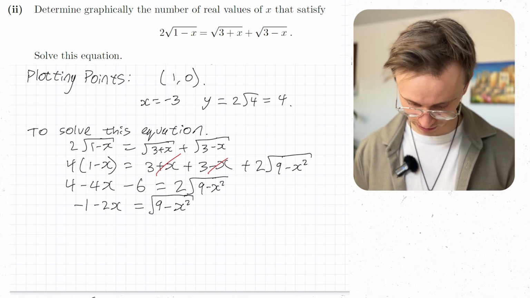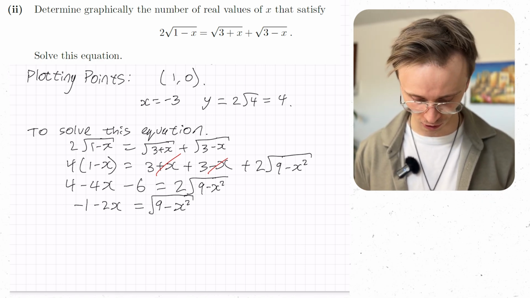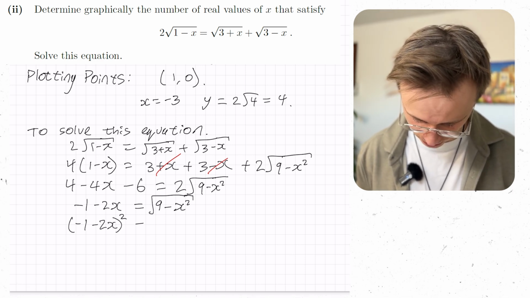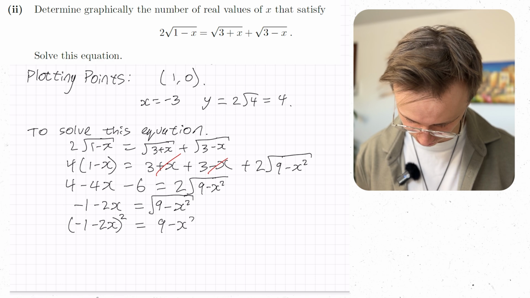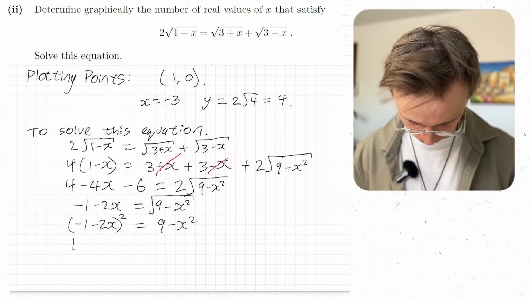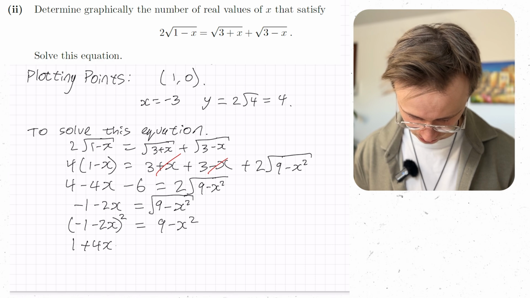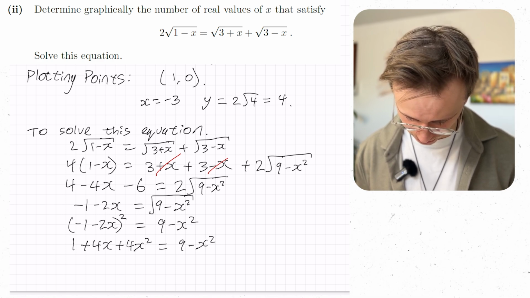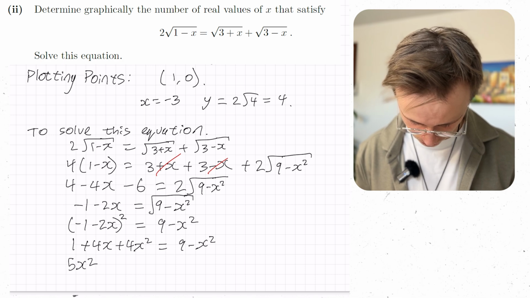Okay, so next I'm just going to again square both sides. I should get rid of all my square roots. So minus 1 minus 2x all squared equals 9 minus x squared. Expanding, I get 1 plus 4x squared equals 9 minus x squared. So overall 5x squared